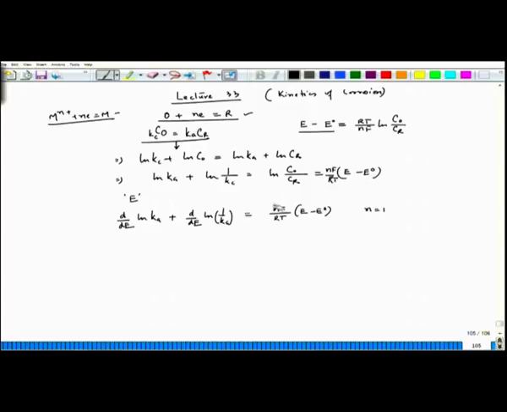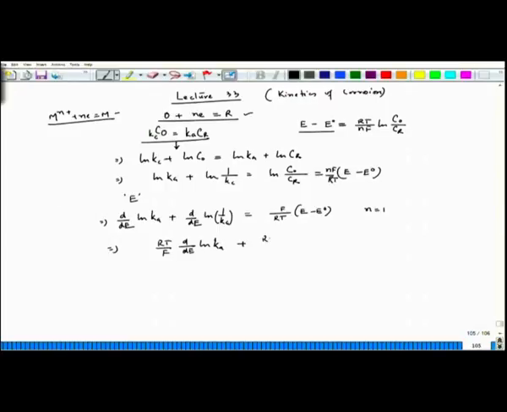So this n goes to 1, and we can write RT by F d/dE ln K_A